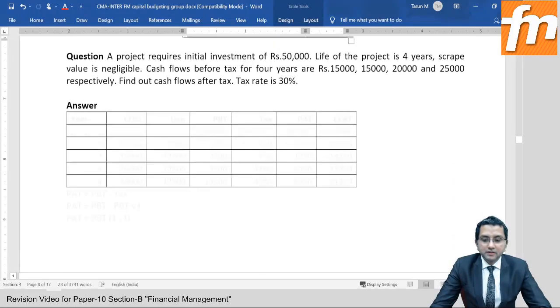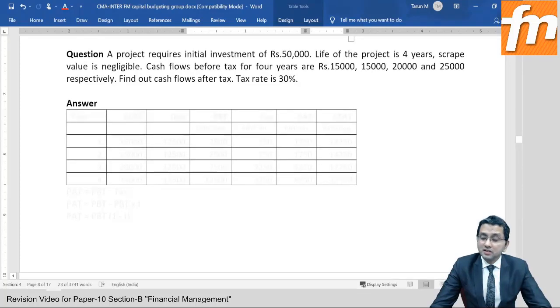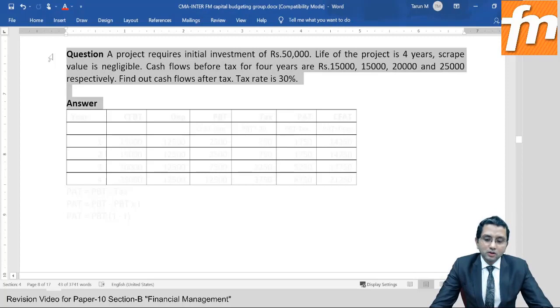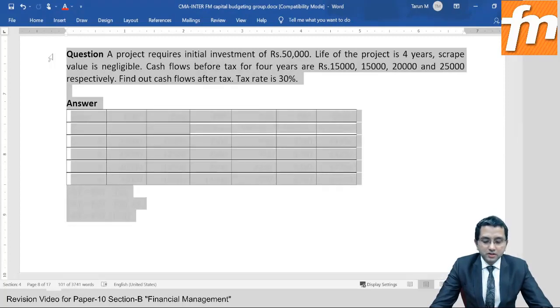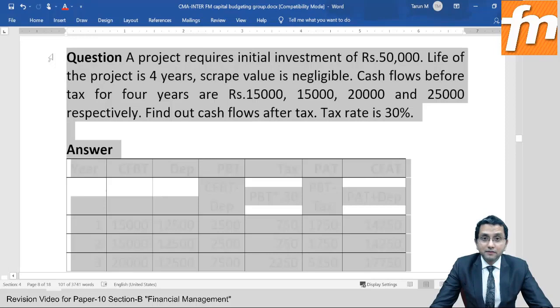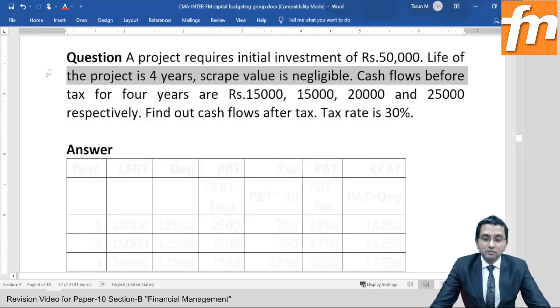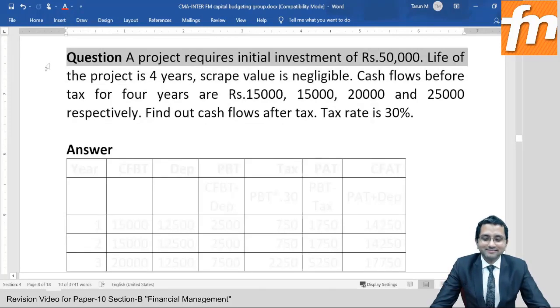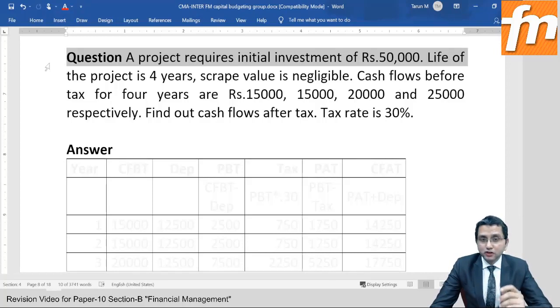Okay, let's do one quick question. Now, don't expect that notes of these questions will be provided. This is not really a tough and very important question. This is just a concept checker. To understand the concept properly, this question is framed. Still, if you fall in love with this question, take a screenshot or simply jot down it in your copy. Lot of questions are available in your own study material as well as in past examination question bank.